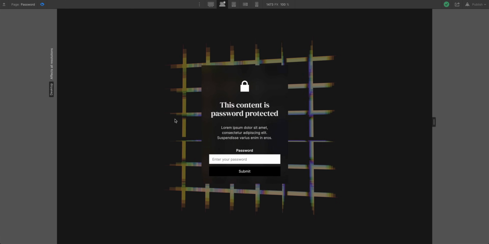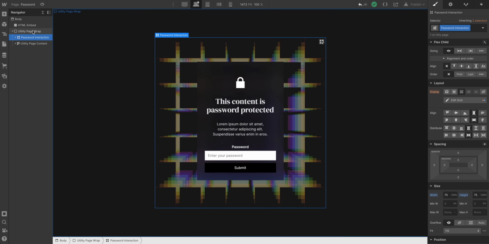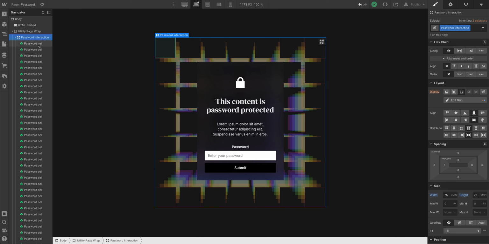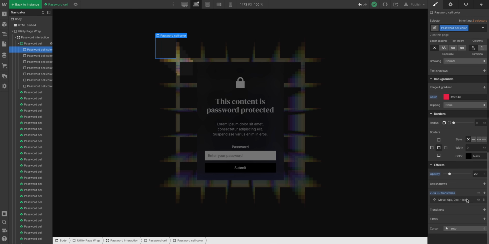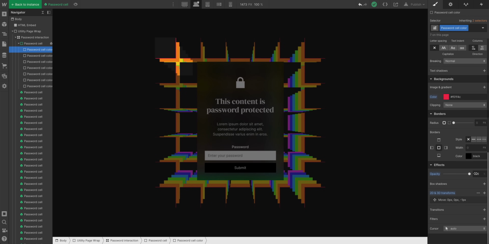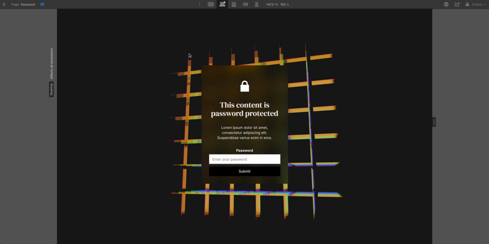Now, if we want those colors to be more vibrant, and we want to decrease or increase that opacity, we can always do that. Let's open up the password interaction, double click the password cell, and of course, select our base class password cell color, increase that opacity. We can make it as vibrant as we want. Let's say 50%. Let's go back and preview, and we can see what it would look like on a more vibrant set of